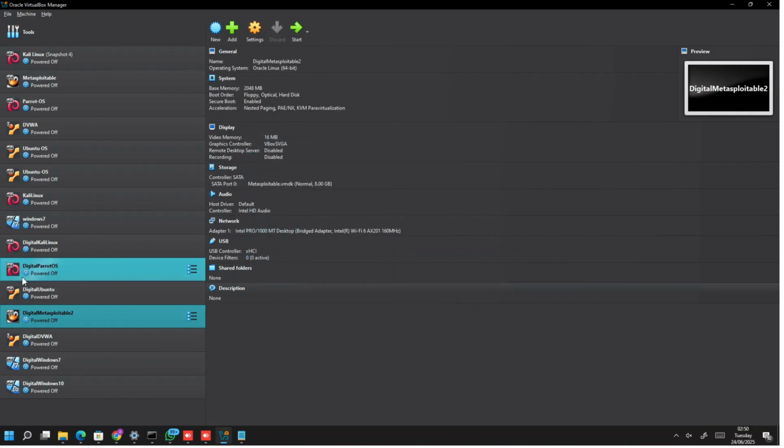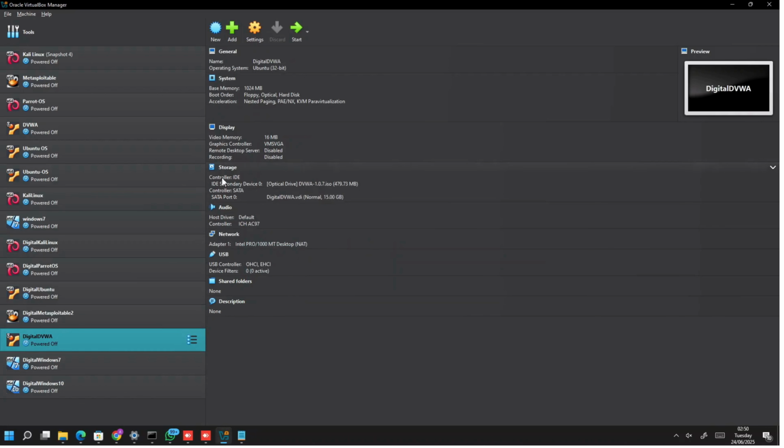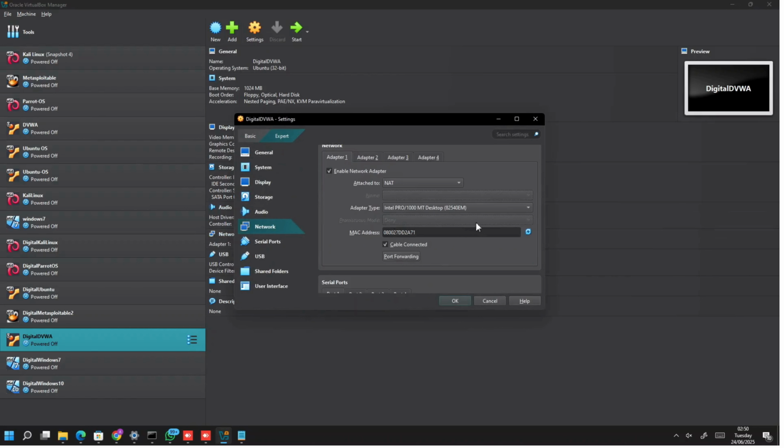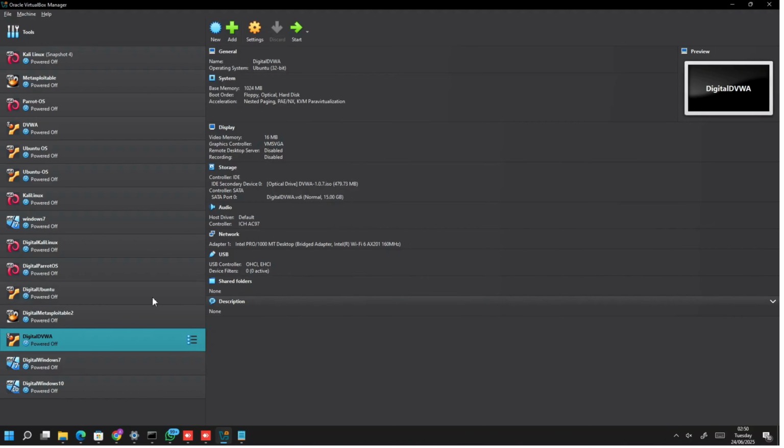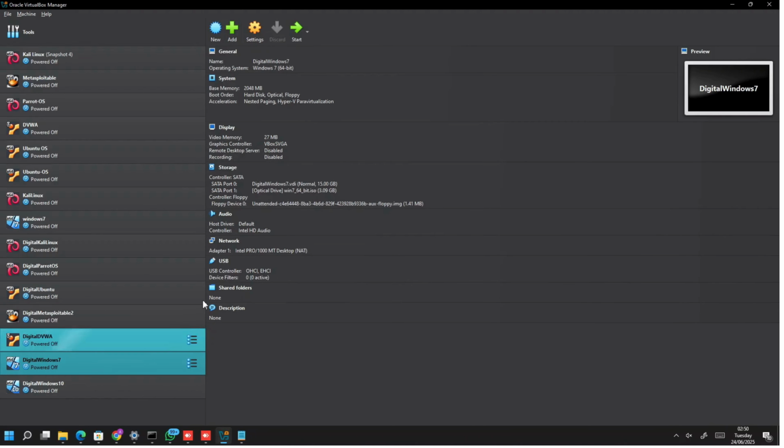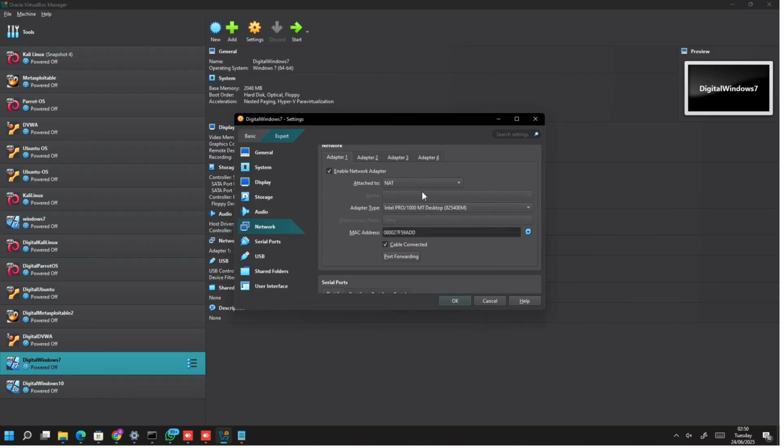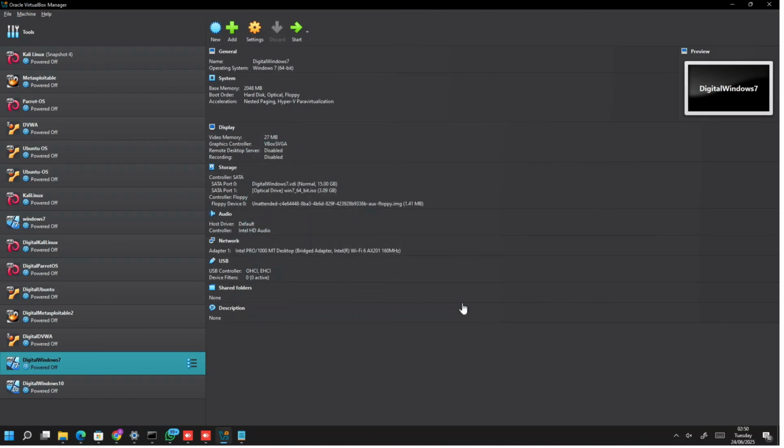Okay. DVWA, network, bridge adapter. Okay. Then Windows 7, bridged adapter. Okay. All right. Now, once I start up my Windows 7,